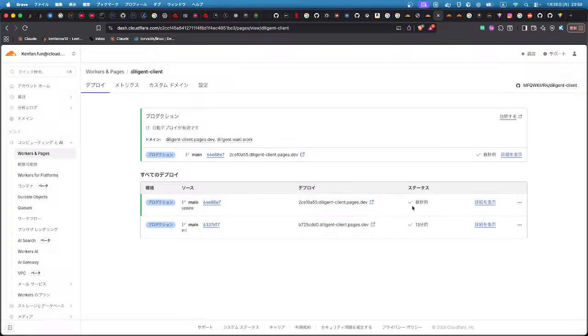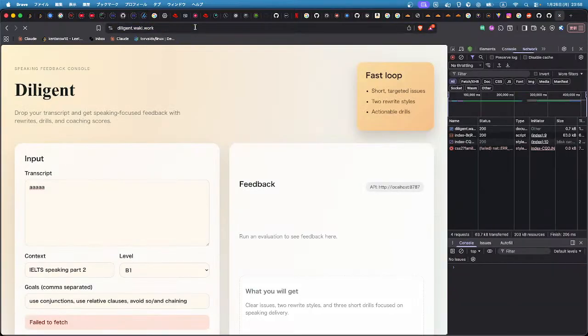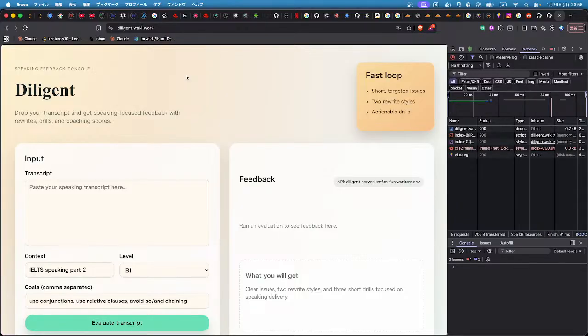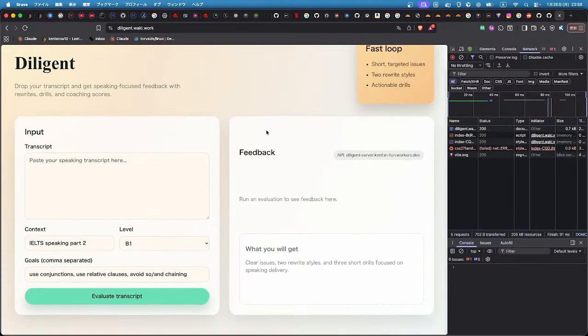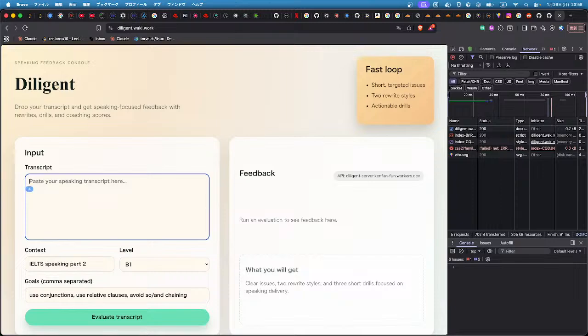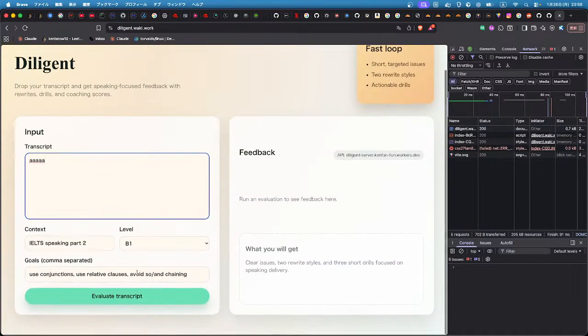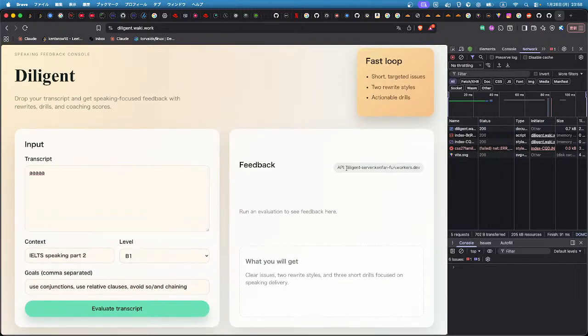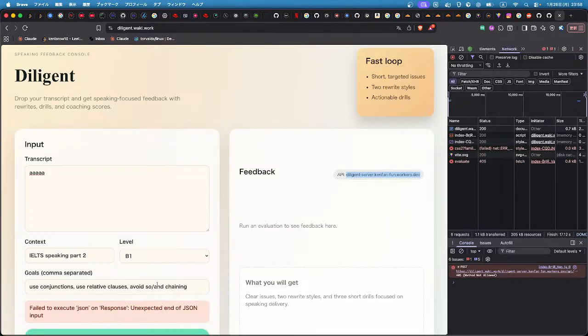Okay, the deployment succeeded. So yeah, the server URL is changed, right? And send the request,